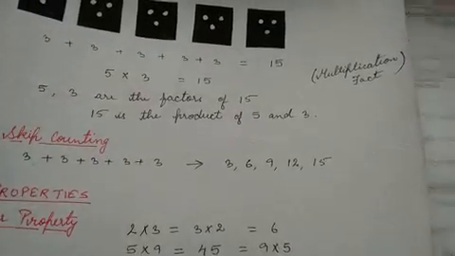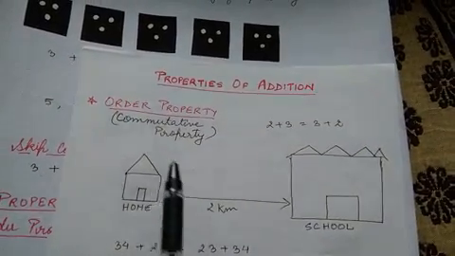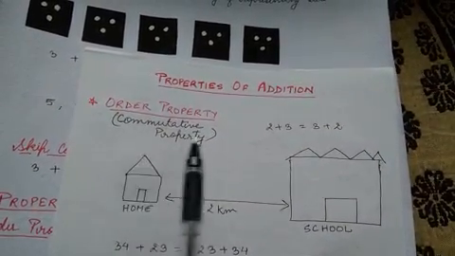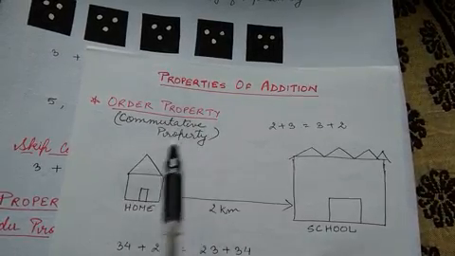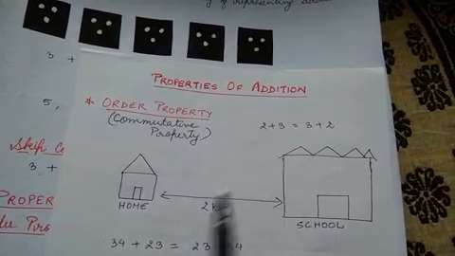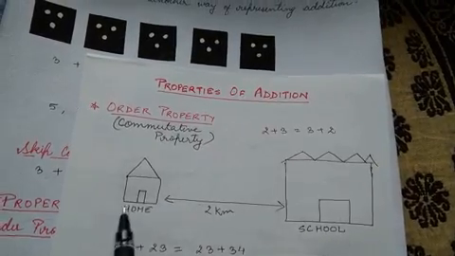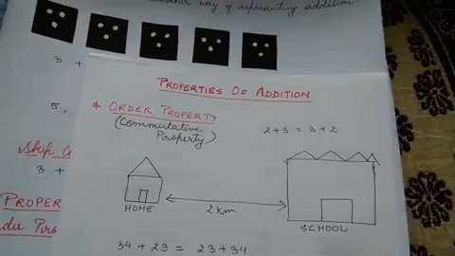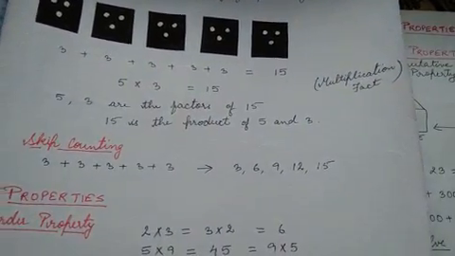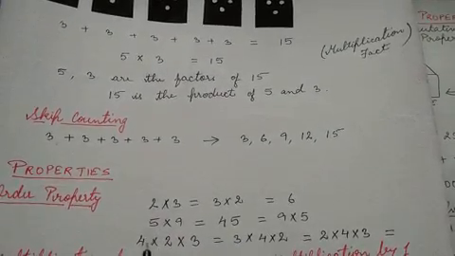This is just the same thing which we had learned in the property of addition. That is also called the commutative property, but you will learn these terms when you go to a higher class. Now you are just learning the order property. So it is the same thing: whether we go from home to school or school to home, the distance will be the same. This is the same thing in multiplication also. Now the same thing is followed for 3 digits also.